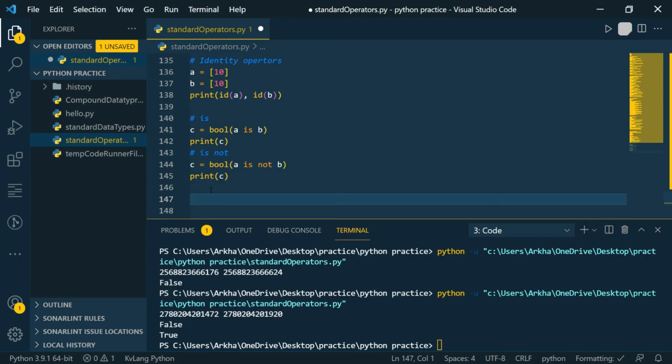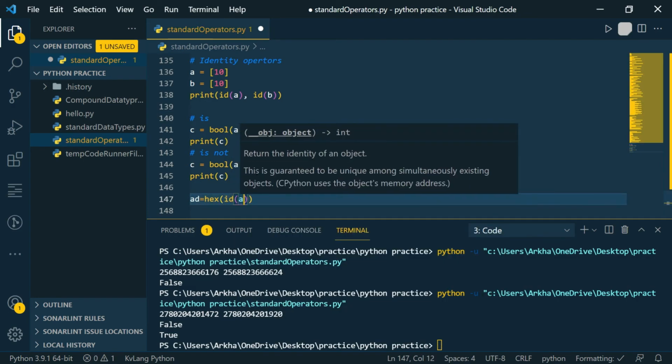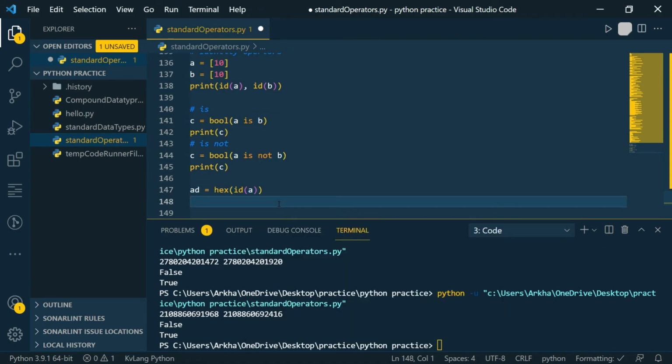Let's just print the hexadecimal value of A and get the address of A, just to avoid confusion. Let's make a variable AT and let's add hex of ID of A and let's print address.